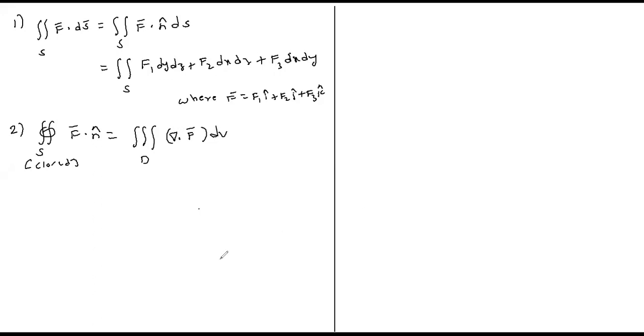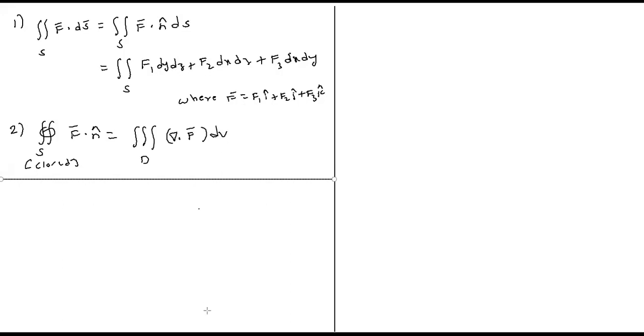Yes. So with this we'll start the discussion. These are the two things we require. If it is a closed surface, we'll convert it into a triple integral. If the integral is given like this, you form a vector like this, f1 i bar plus f2 j bar,